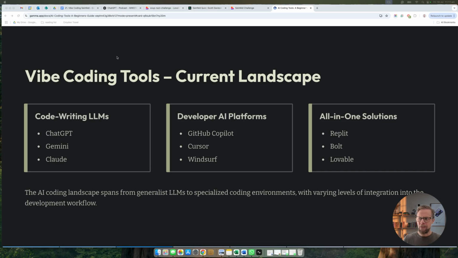So at the basic end, you have the ability to write code using any of the LLMs. So ChatGPT, Gemini, Grok, and the one that's probably best known for writing code is Claude. And all of these tools can actually write code for you just by speaking to it or entering a prompt, much as you would use ChatGPT to create an image for you, or perhaps to write an email for you. It can also write the code for you.